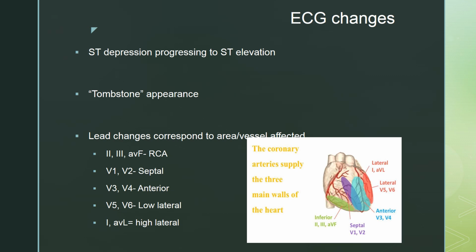So if we see that maybe leads III, II and aVF have an ST elevation, that's an acute MI, and we've got to do something. It's generally 3 leads or more that constitutes an acute MI. So let's look